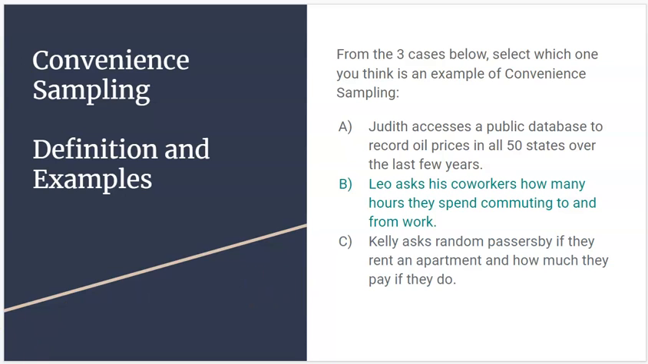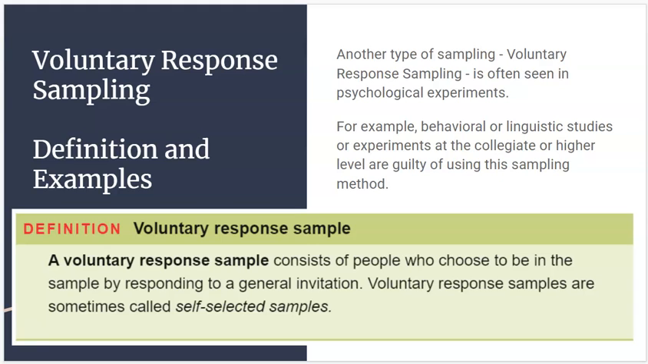All right, let's talk about the next one. Voluntary response sampling. This is a bit of a lengthier one. That's another type of sampling that you often see in psychological experiments. If you're taking a psychology class, you've probably watched a couple of videos where they maybe